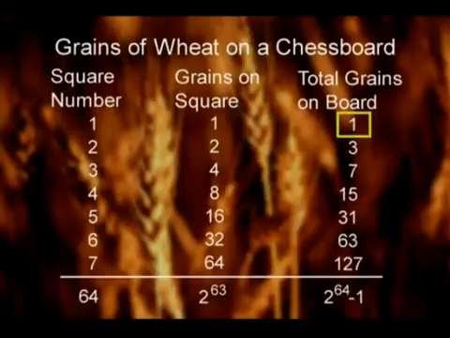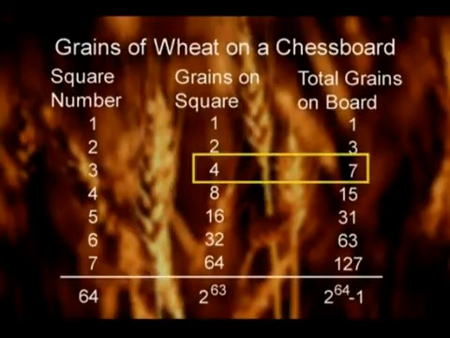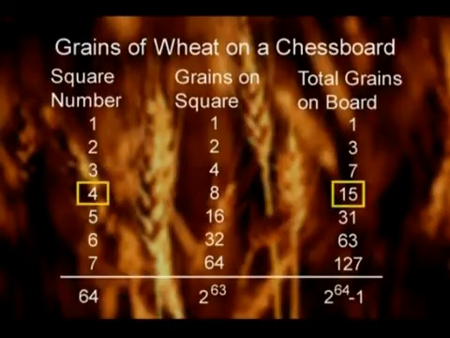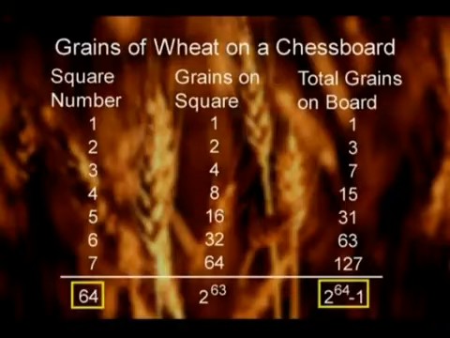Now let's look at the way the totals build up. When we have 1 grain on the first square, the total on the board is 1. We add 2 grains, that makes a total 3. We put on 4 grains, now the total is 7. 7 is a grain less than 8. It's a grain less than 3 2s multiplied together. 15 is a grain less than 4 2s multiplied together. Well, that continues in each case. So when we're done, the total number of grains will be 1 grain less than the number I get multiplying 64 2s together. And my question is, how much wheat is that?